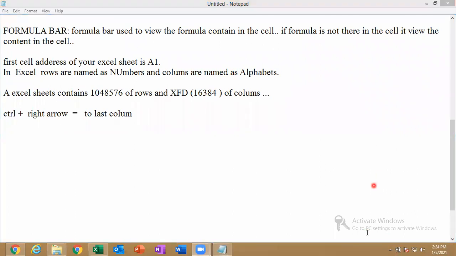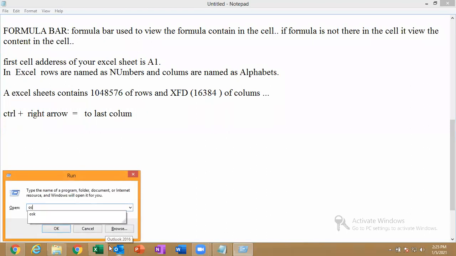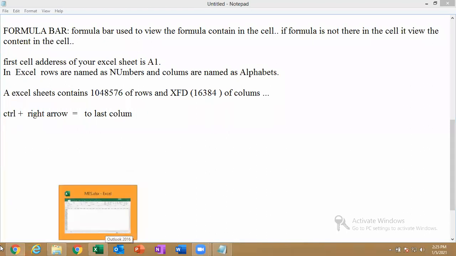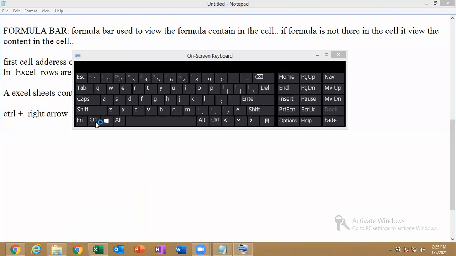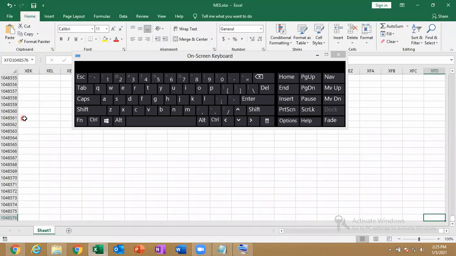Not getting. Okay. Control right arrow mark. Okay, see here. One second. Press the control. I'll open that Excel only. See here. I have clicked here. Control right arrow mark, it goes to that.